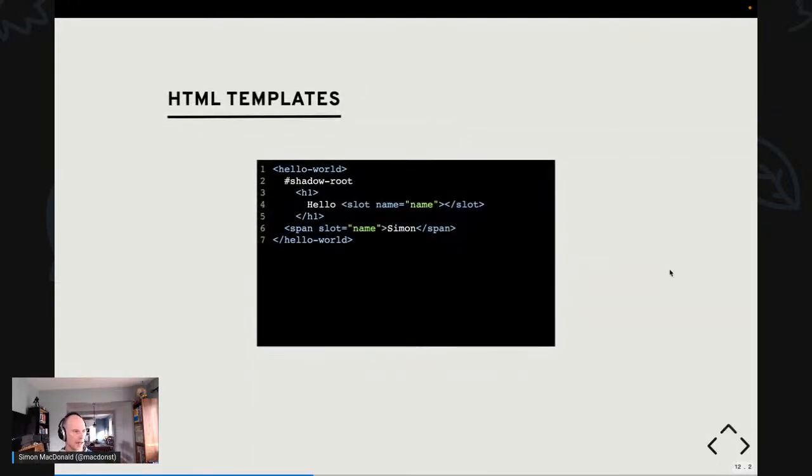once again, if we were to inspect the HTML, it looks a little bit different. So in this case, we still have hello world in the light DOM. We have our shadow root in the shadow DOM, which we have our header and our slot with the name Simon, which will get filled in. Actually, that's a bug. I forgot to change that to a span with the Simon in the middle. And then finally, this should be kind of reversed. But anyway,